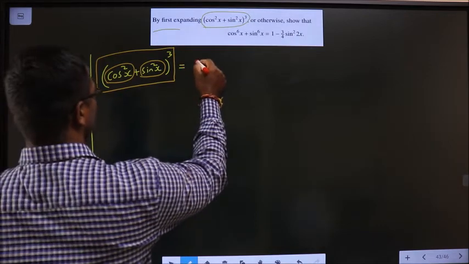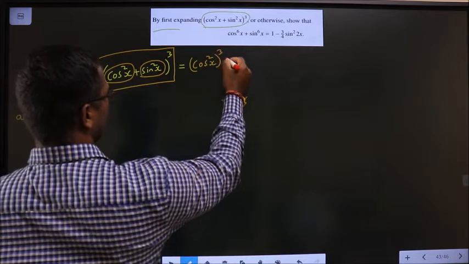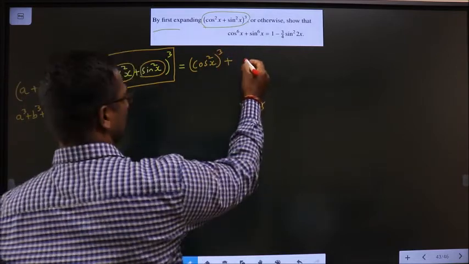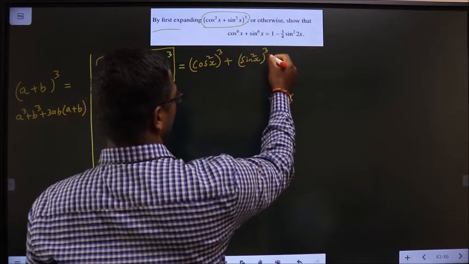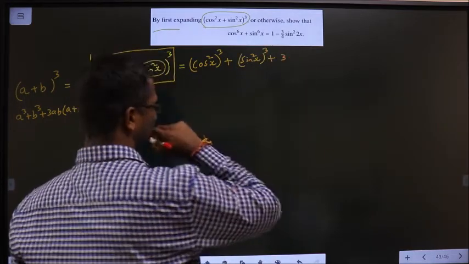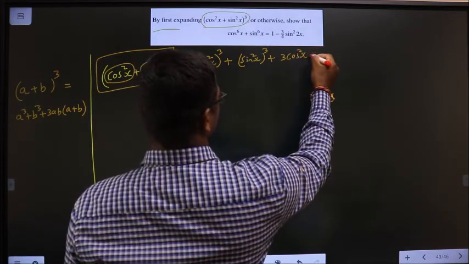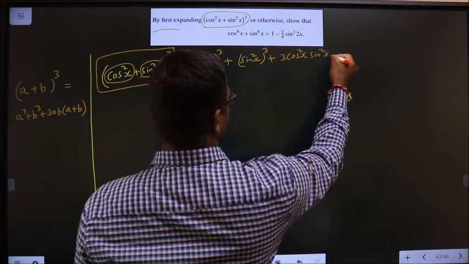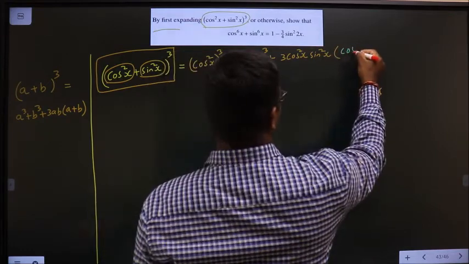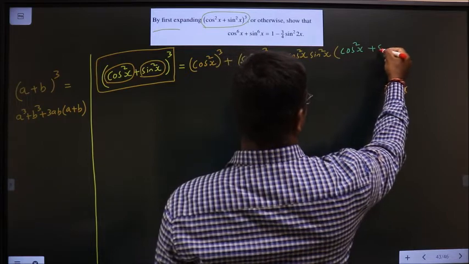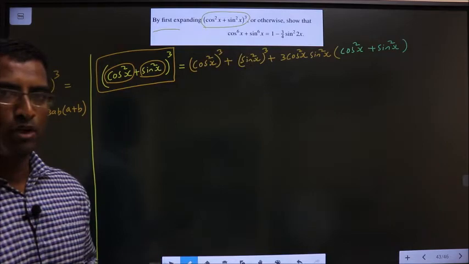So a³ means (cos²x)³, plus b³ means (sin²x)³, plus 3ab, where a is cos²x and b is sin²x, times (a + b). Now what you will do is,